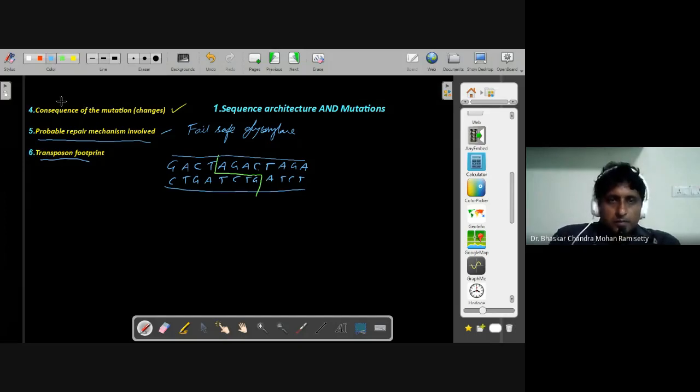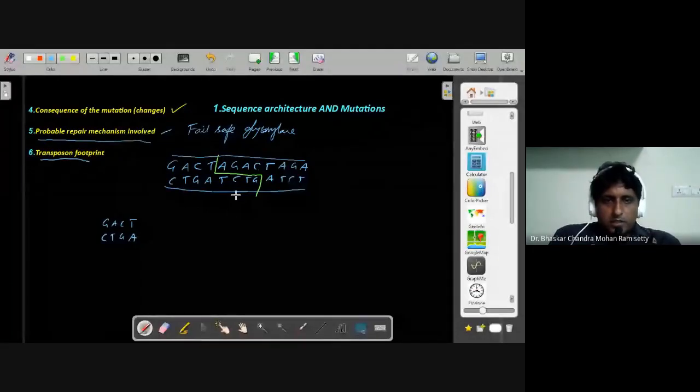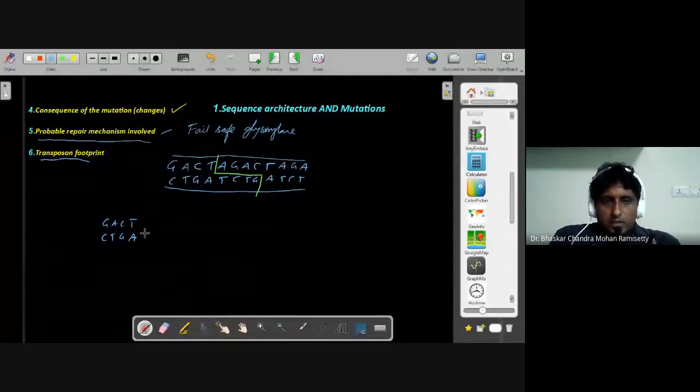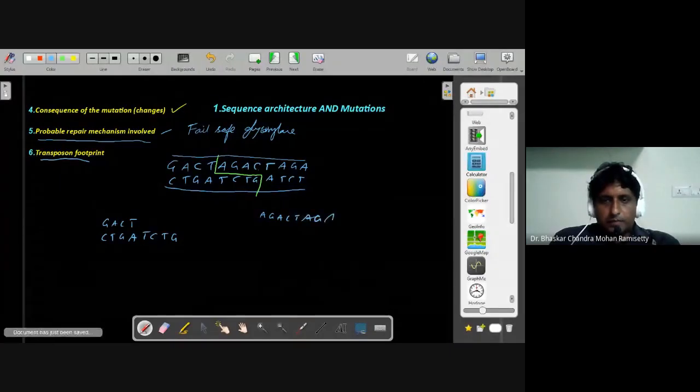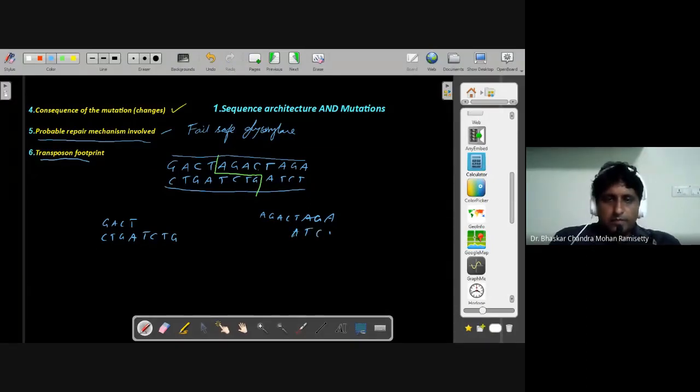So now you have two different sequences, that is GACT. And here you have CTGA. And this part I have to write, that is TCTG. Then I'm going to write this one on the top strand, AGACTAGA. And then I'm going to write this ATCT. Now the transposon has come and it got integrated here,